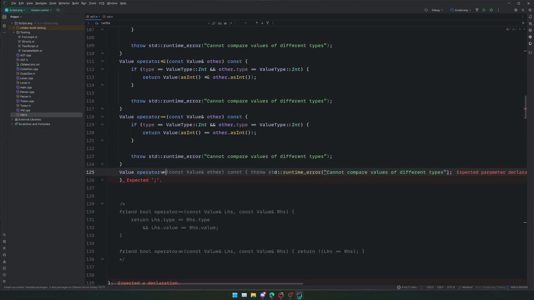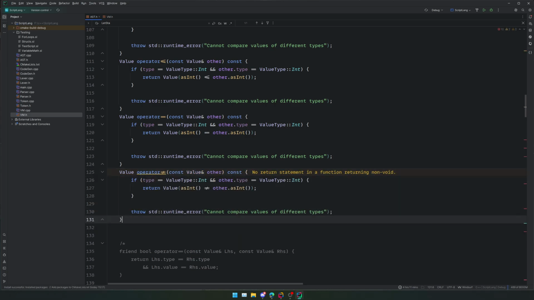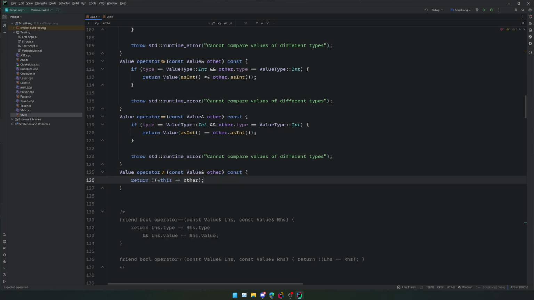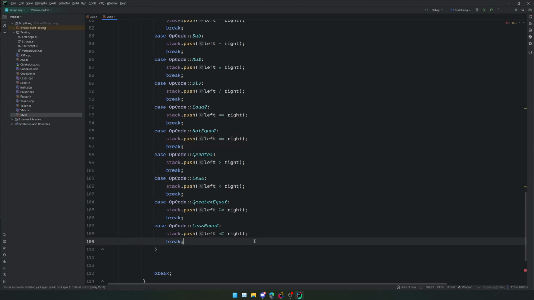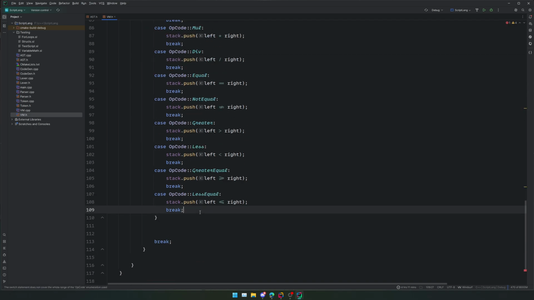We do not equals on this one too. And then maybe we can just return the inverse of that one. Cool. And then for our default case,